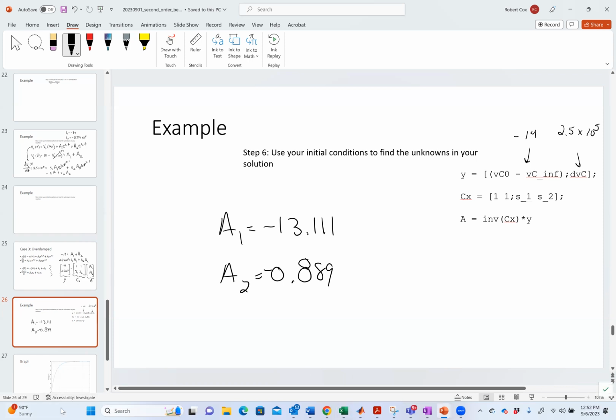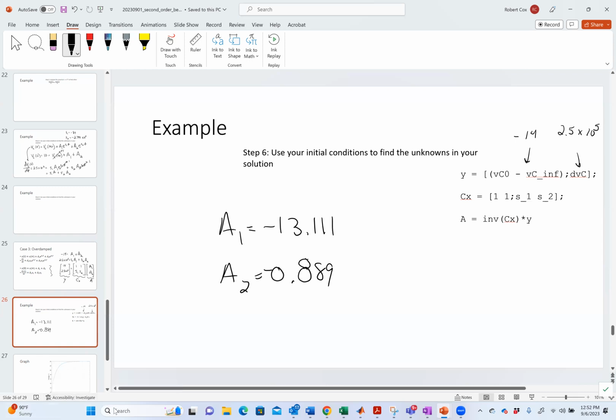Now, what the heck should this thing look like? All right, before I look at the graph of it, I want you guys to tell me what the heck it's supposed to look like. All right, it's going to be an exponential. All right. And if it's overdamped, what does an overdamped solution look like? It's a decaying exponential. Well, it's a decaying exponential. Let's say it that way. I don't know whether it's fast or slow. All right. It's a decaying exponential,